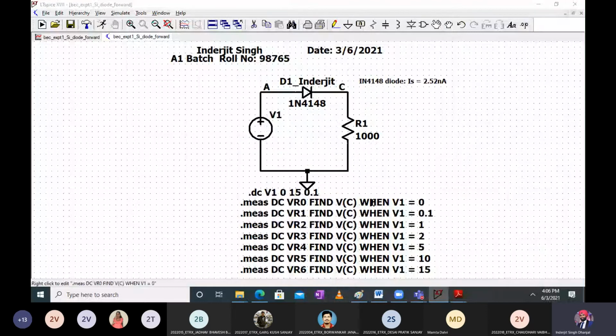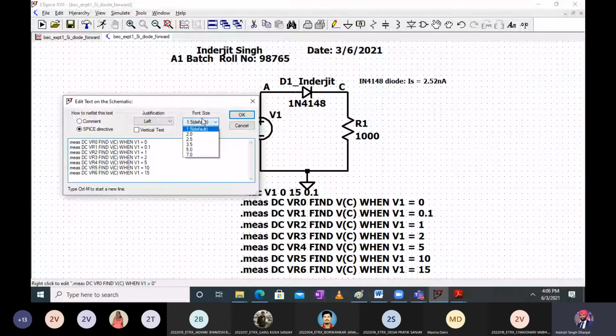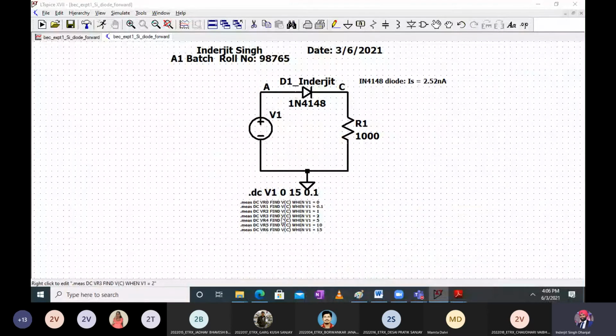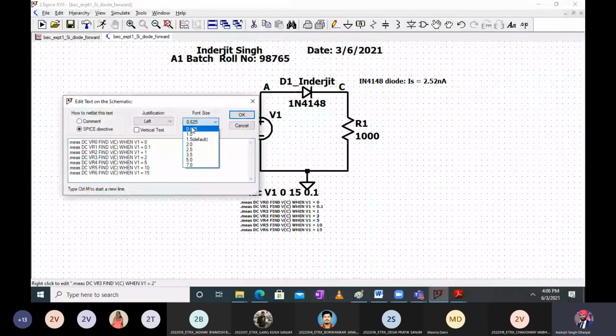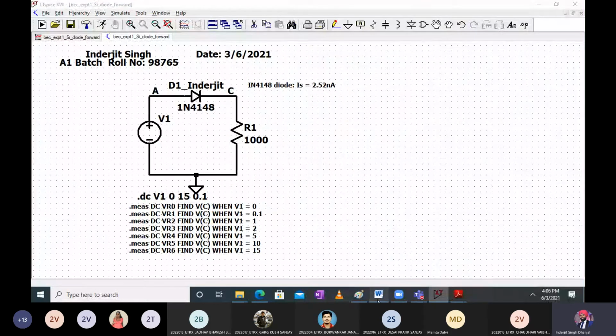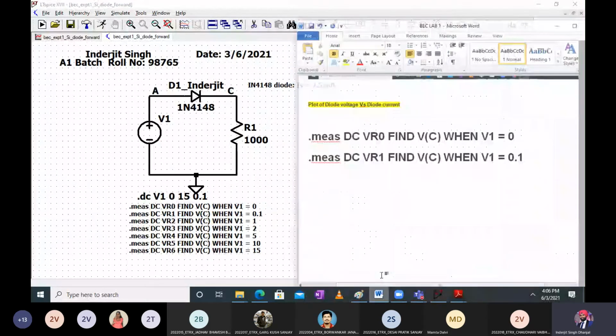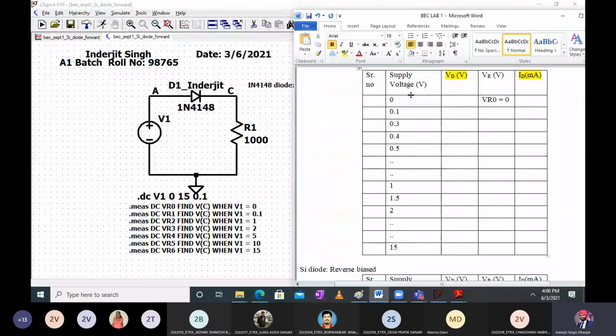Now later on, what you can do is you can right click on cancel and reduce the font size because there will be a lot of statements now. So the font size will be reduced. Cancel and I bring it back to 1 volt. Okay, everyone understood? So what have we analyzed so far? We have got the value of supply voltage and the corresponding voltage across the resistor R1.